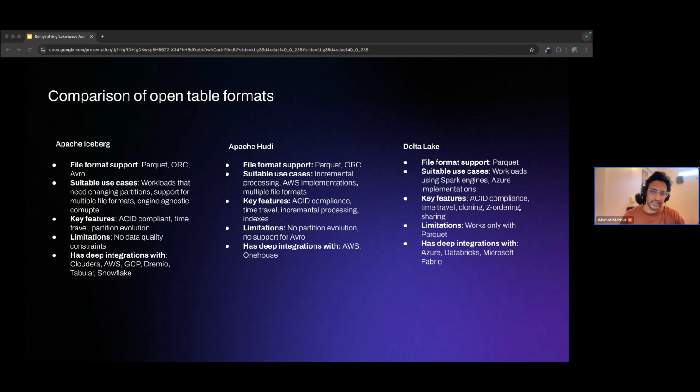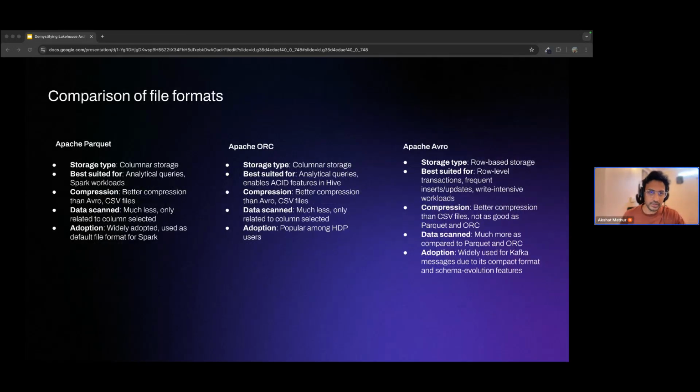So the takeaway is that there's no one size fits all, but what all enterprises are looking for is openness, multi-engine compatibility, and robust schema management. And Iceberg has emerged as a strong standard for production-grade lakehouse deployment, and hence you see Cloudera also primarily focusing on Iceberg. So with that, now that we understand table formats, let's zoom in one layer deeper